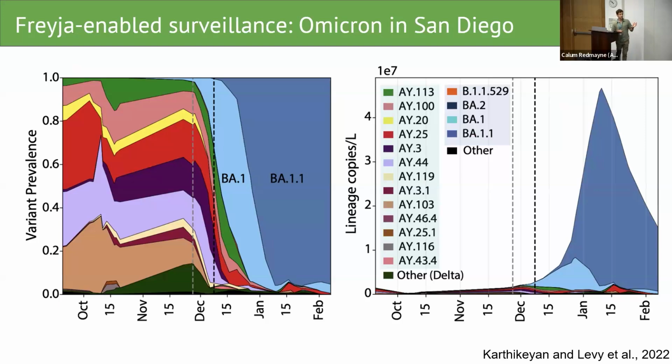And just for a sense of what this looked like when we were tracking the Omicron outbreak in San Diego, we're able to pull in individual lineage frequencies and directly incorporate things like the viral loads to get a sense of the actual contributions of these individual lineages in time. Here we see BA.1 and then BA.1.1 take off, and Delta-associated diversity remains, but just at low levels.